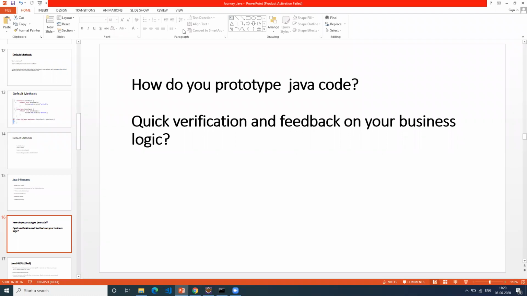So I want to write a quick piece of code that I should be able to verify, and I should be able to get the feedback immediately. That means, let's say in your company somebody asks me to write some business logic, a complex scenario. Let's take an example of a complex scenario, wherein you will not generally, in our day-to-day life, right?